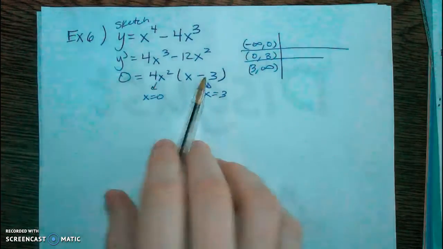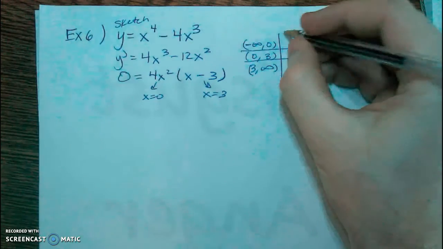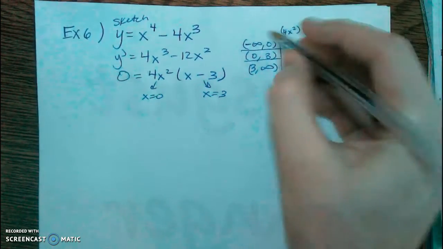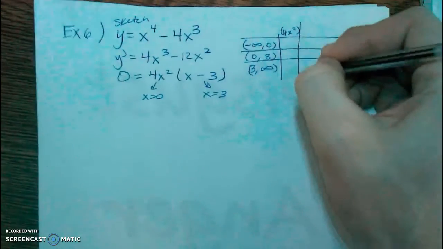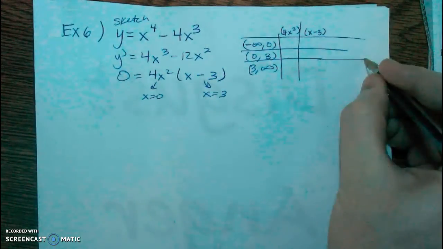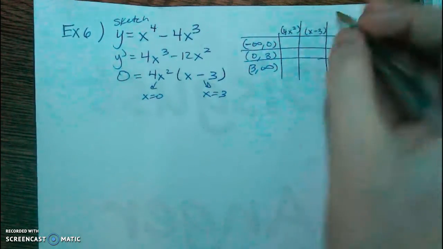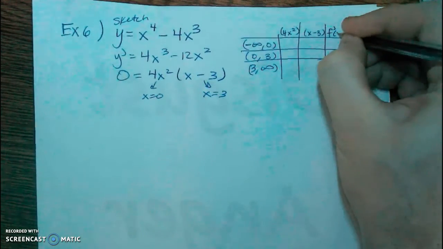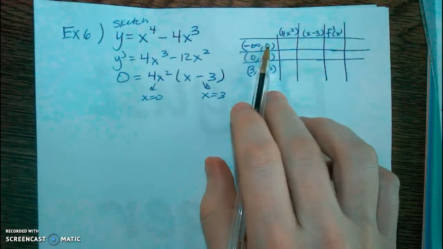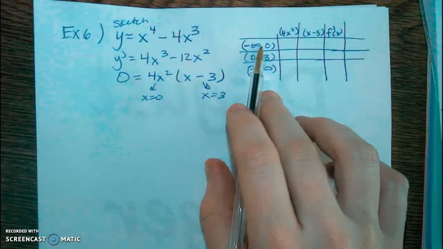We have two factors for this derivative, so we're going to have two columns for those factors. So I have my 4x squared and my x minus 3. Together they make the derivative, so we're going to multiply them together to make f prime, which will tell us whether it's increasing or decreasing. So I've got negative infinity to 0. If I test a number in there,